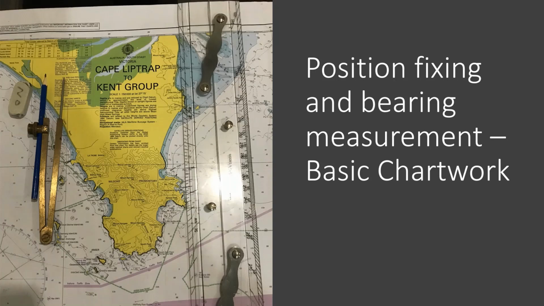Hi everyone, today I'll take up a new question in chart work. This is a more basic question, just involving position fixing using bearings and determining the position of the vessel if you have bearings from two objects, and then running the vessel for a certain course and distance and then getting new bearings of objects. Again, basic chart work questions.